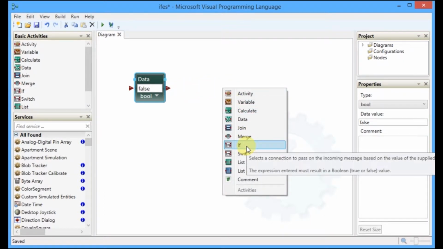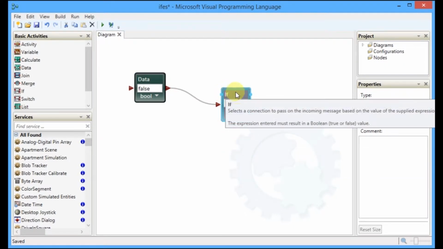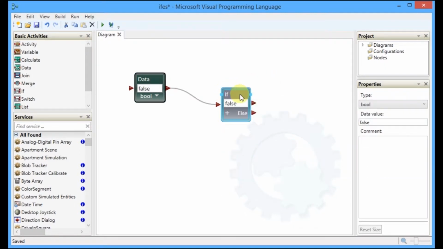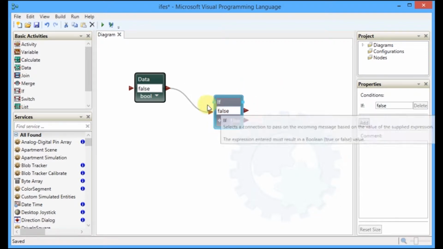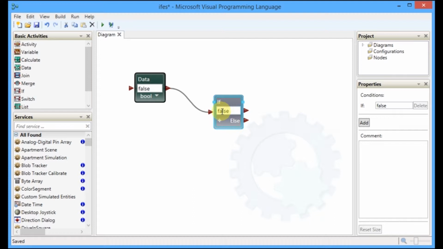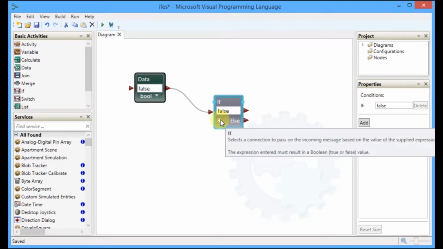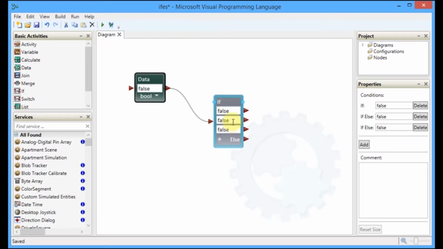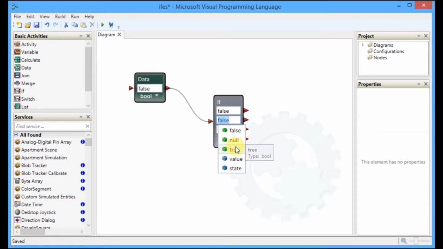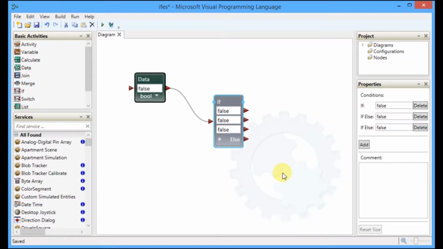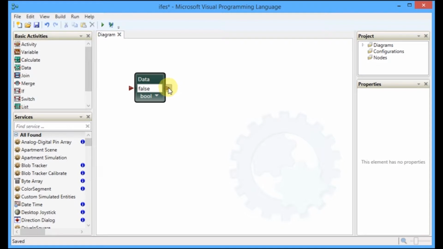The if block, as you can see, represents a conditional branch. It works as follows: if the input data is false, it goes on the upper arrow and it gets to the else branch. If you wish to add more branches, create a switch. Then by clicking on this tiny plus sign, we can create more branches where you can rewrite the value to true or anything you want. To get the original if, delete the newly created block and as previously create the default if block.